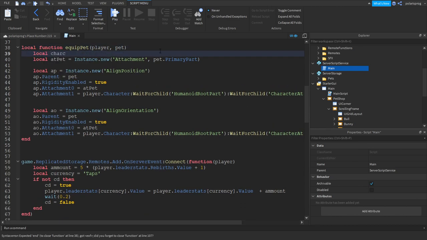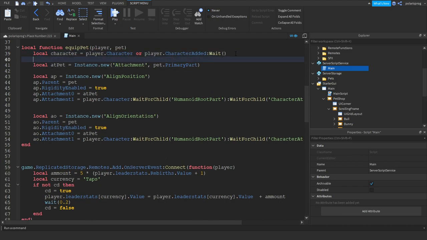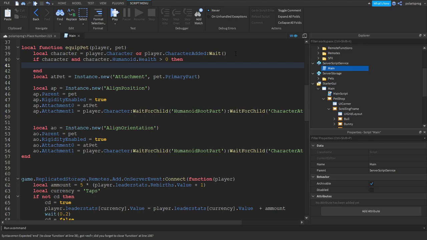So local character is equal to player.Character or player.CharacterAdded:Wait(), and we're gonna check if character and character.Humanoid.Health is greater than 0, then, and we're gonna check if #character.Pets:GetChildren() is greater than 0, then